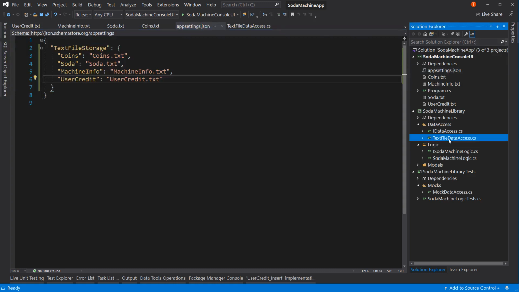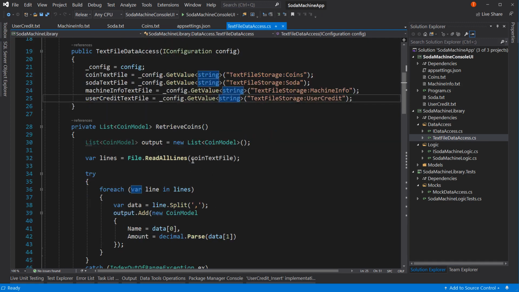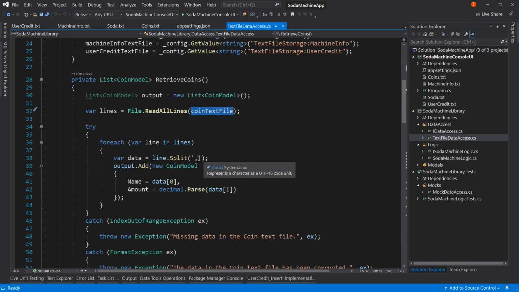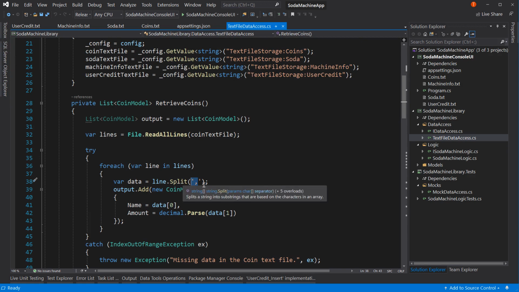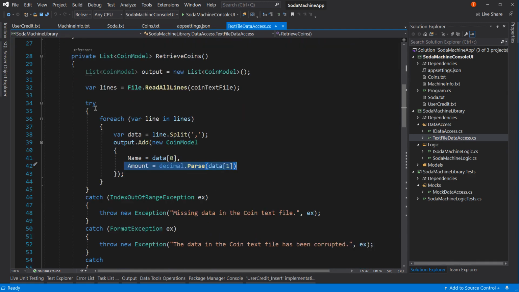All right, let's look at our text file data access, and at what we're going to do for reading these different files. This one, we're reading the coins. We're going to split the coin on comma, so it's comma separated. We have the name and then the amount, the number of that item. So it'd be quarter, and then the number is 0.25. Okay, and then we have a list of quarters, we have a list of dimes, and a list of